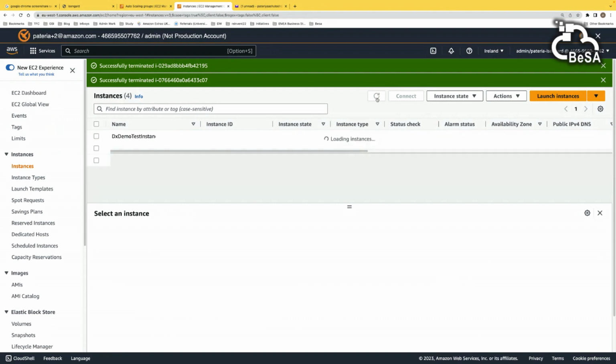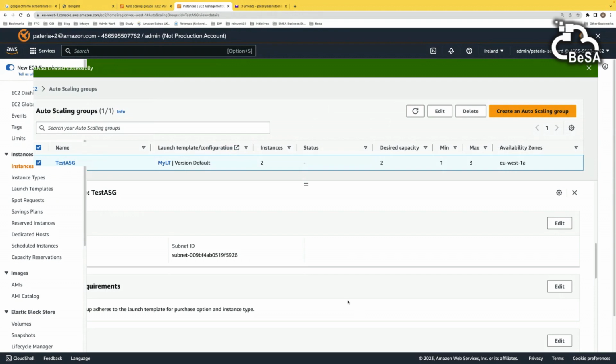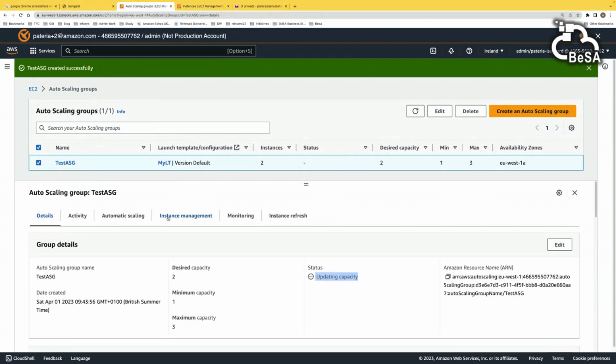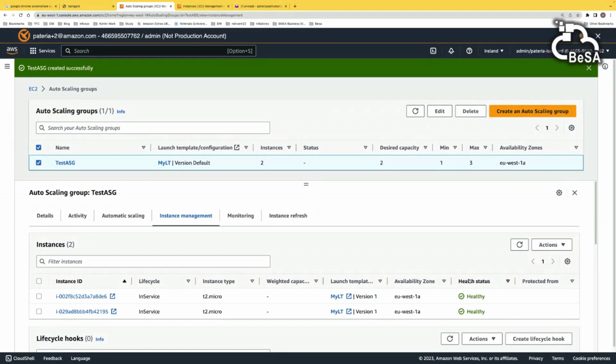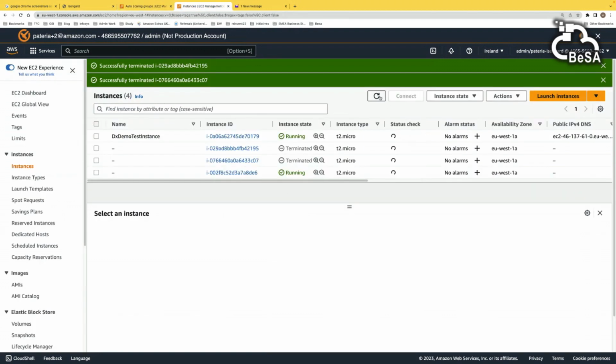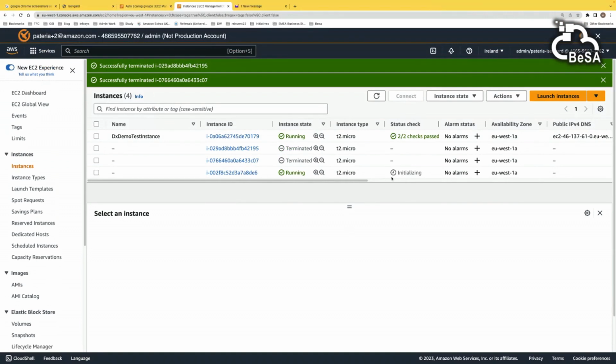New instances will be spun up. So here, if you go to the scaling group, it shows two instances. There should be two instances technically. Yeah, the dashboard takes a little bit of time to update, but eventually we will have two instances.